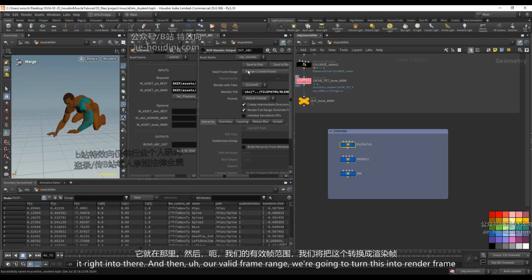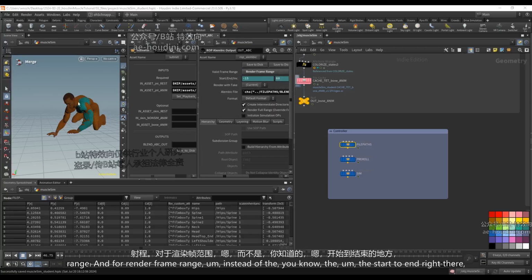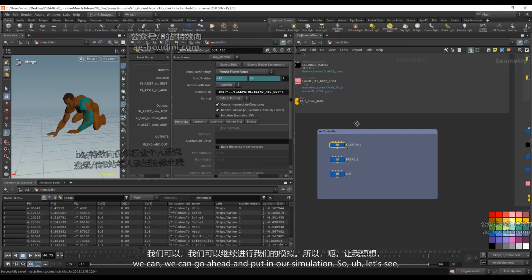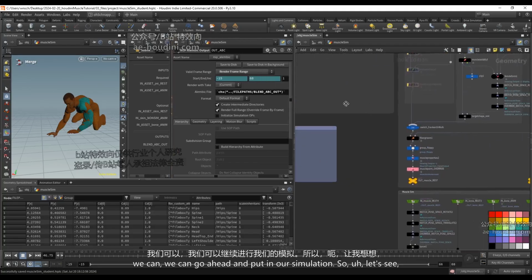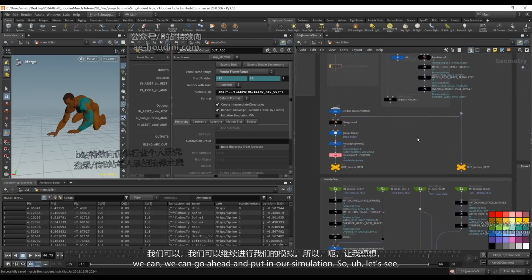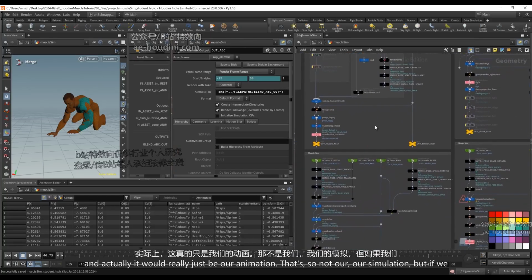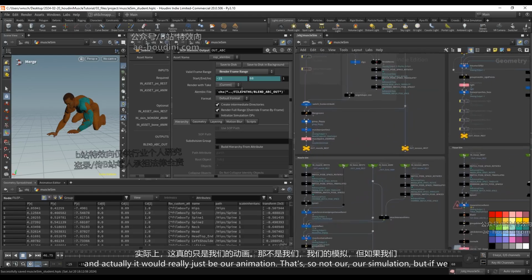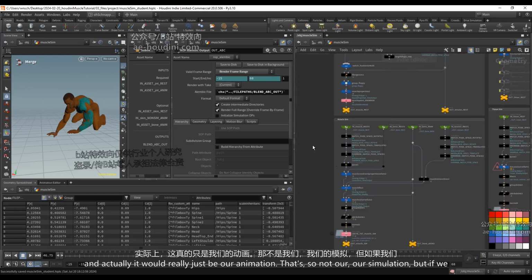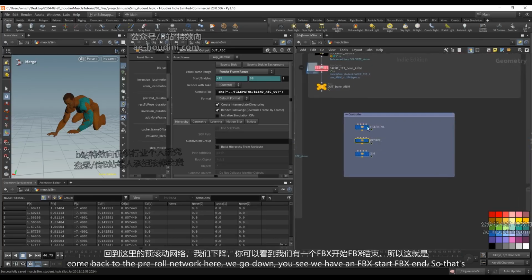And then our valid frame range, we're going to turn this into render frame range. And for our render frame range, instead of the start to end right there, we can go ahead and put in our simulation. So let's see. And actually it would really just be our animation. That's so not our simulation. But if we come back to the pre-roll network here,